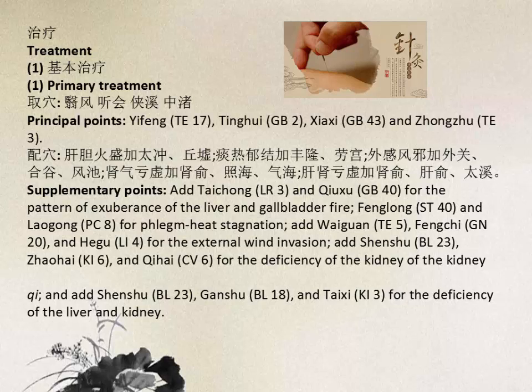Because the ear is the meeting of the Shaoyang, these points are appropriate from the perspective of channel theory rather than the other points, which are local. And these are the principal points that can be used in almost every case of deafness or tinnitus, and then we will add points for each individual